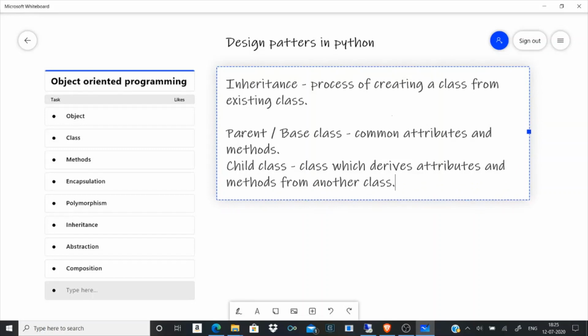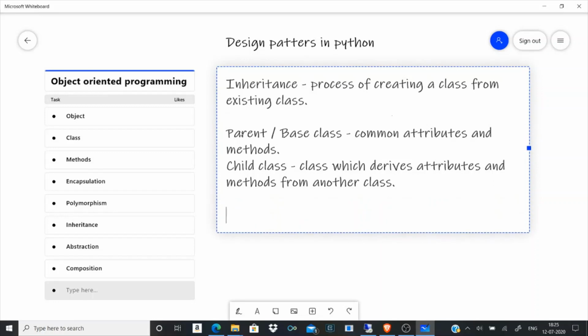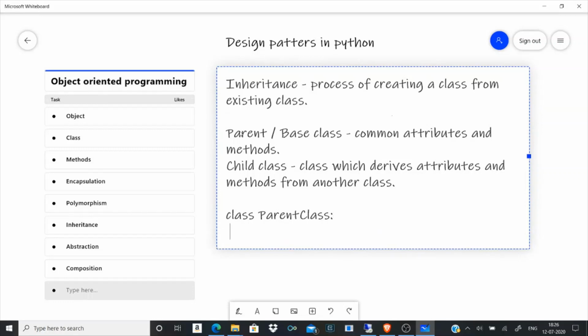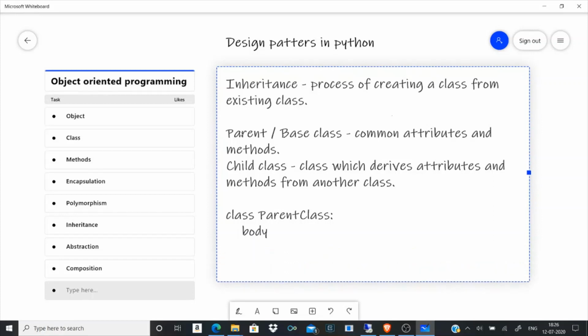In Python the syntax for inheritance is like so: class, parent class, and here the body of the parent class will be defined. Then class, child class.